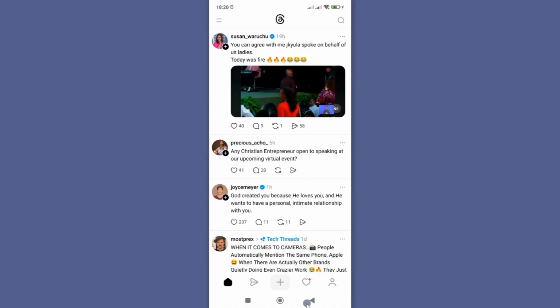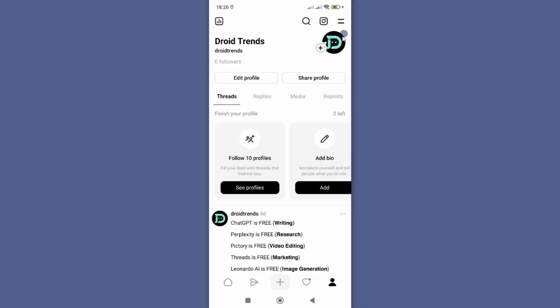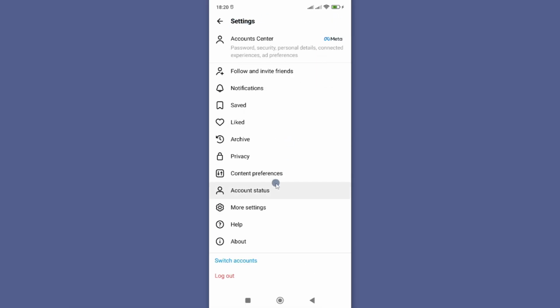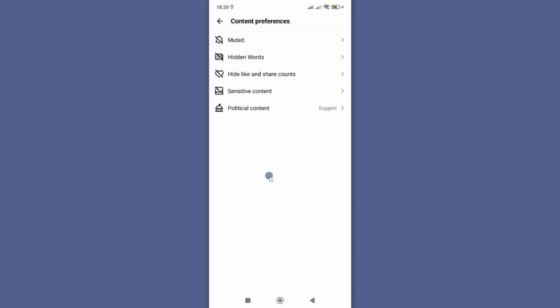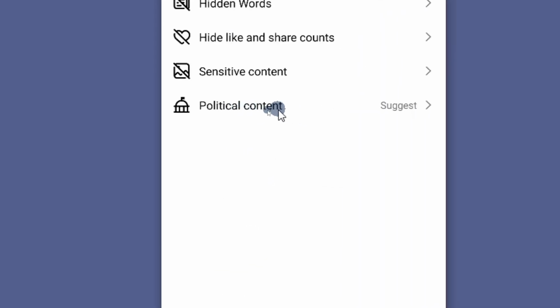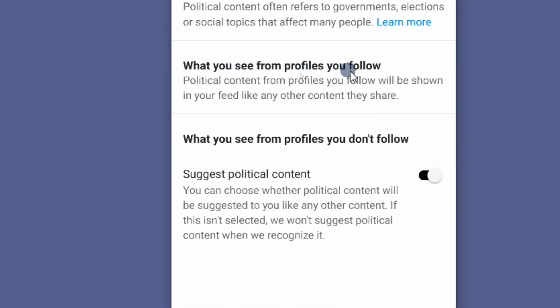So the first thing is to open your Threads app and then log into your account. Once you're logged in, tap on this profile icon and here go to these two lines. Now under settings, look for content preference, and under content preference, you can see you have an option for political content. If you tap on it, you can see we have an option for what you see from profiles you